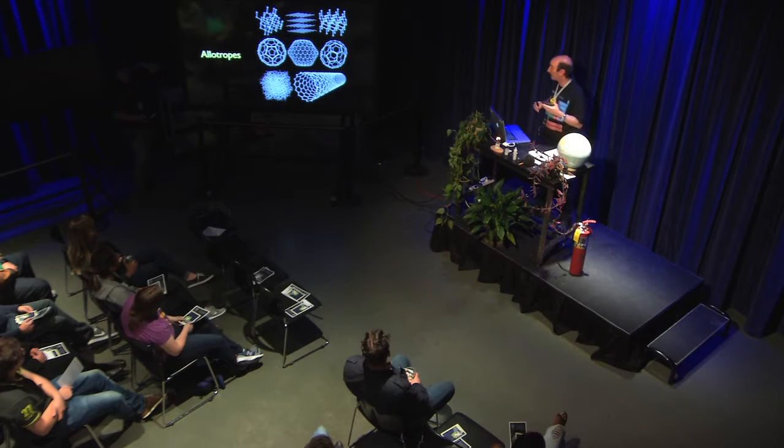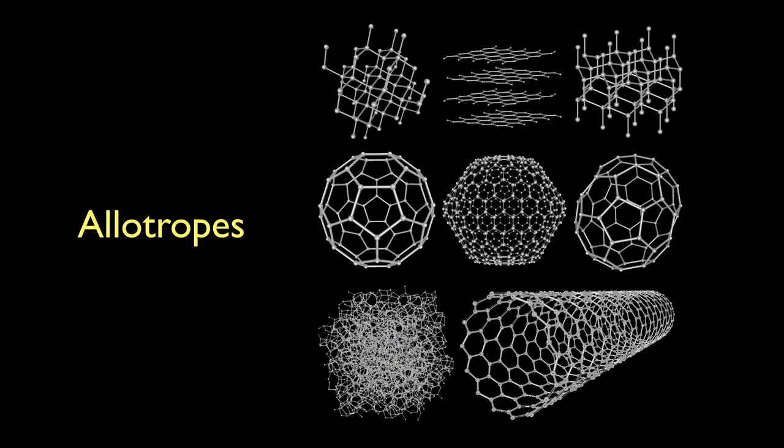It has lots of ways to bond with itself and other elements. With itself it can bond in these ways. In the top row, for instance, the first one on the left is diamond. The second one in the middle there is graphite. It's in sheets, which is why when you write with a pencil, they just kind of slough off as you write, because the layers are not very well bonded to each other.